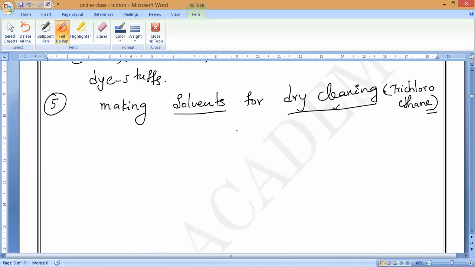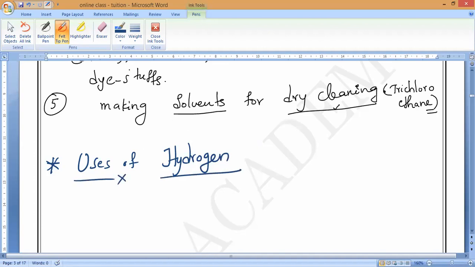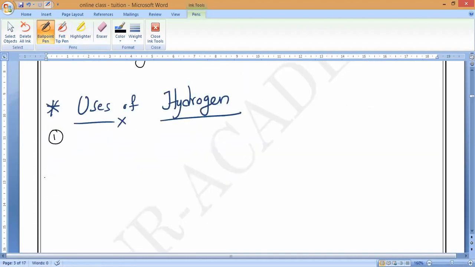Are you guys noted down? Yes or no? Yes, sir. Next, uses of hydrogen. By using this hydrogen and the above chlorine, what can we produce? Which acid? HCl, sir. HCl, hydrochloric acid. Nitinath, are you there? Nitinath is not there in the meeting, I think. Next, uses of hydrogen. What is the first use of hydrogen? Can you say?